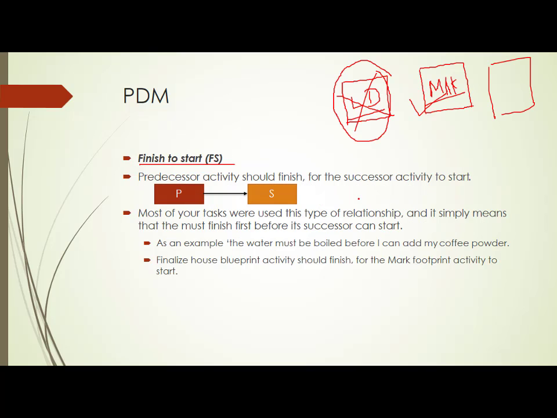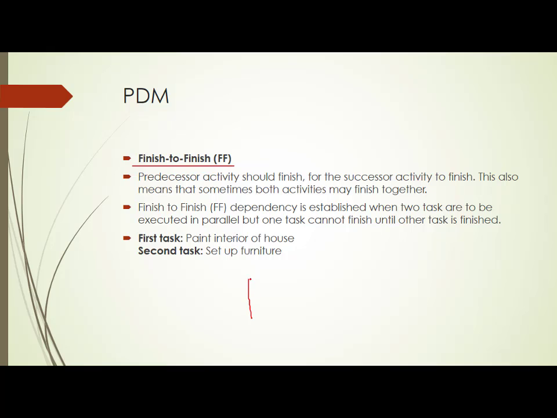See, in the earlier example, you actually started S after completing P. Now take this example. I have one activity called P and one activity called S. Now both can start parallelly. You need not wait for S to start after the completion of P. You can start P and S parallelly, or after say 25% completion of P, you can start S.